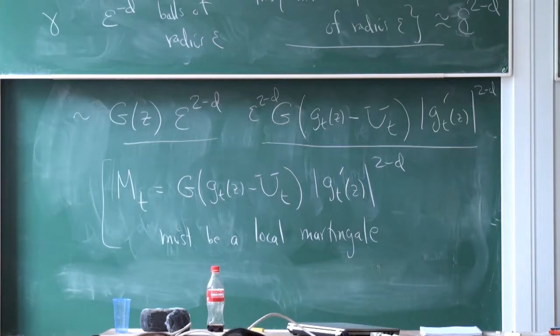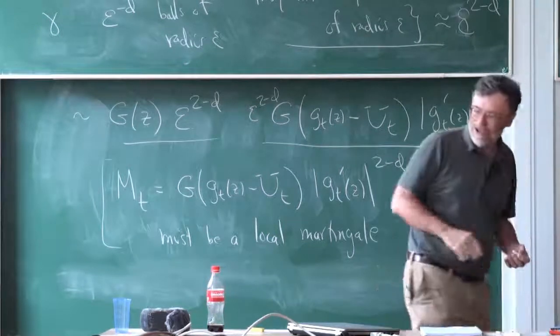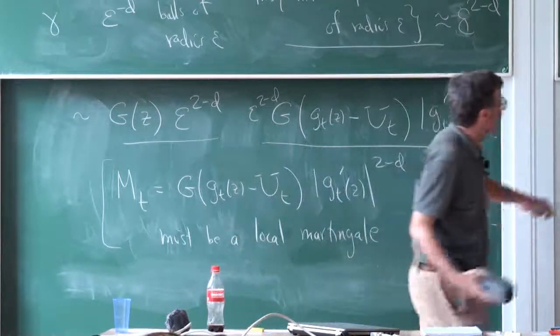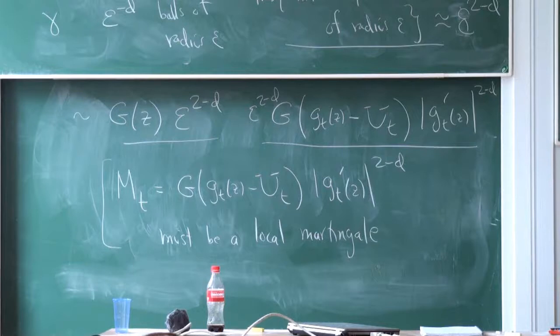If I assume life is good and that G is differentiable, I can use Ito's formula to give me a differential equation for this. I'm not going to do the calculation, though it's actually fairly routine. But the answer is,